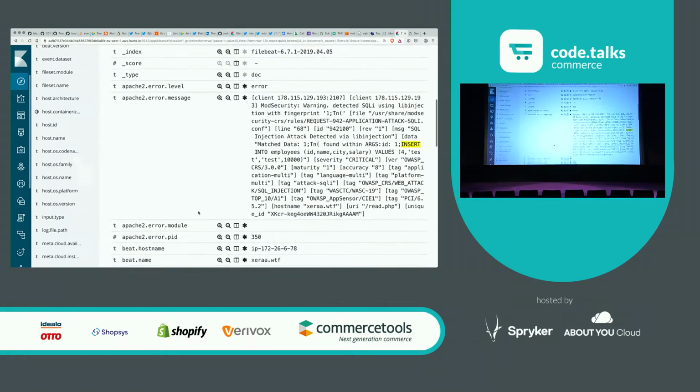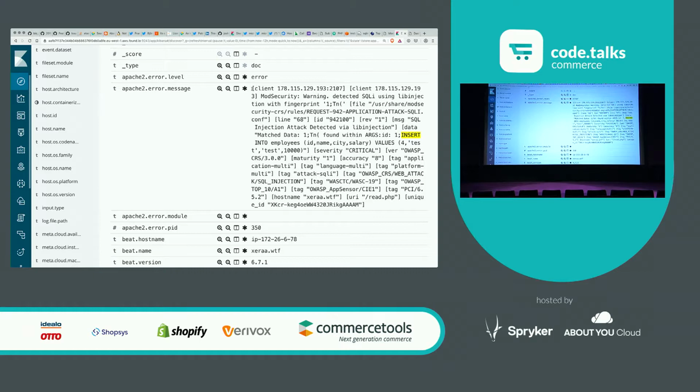This is the actual output of what ModSecurity will log for you as well. You can see these were the rules that applied. So this is insert into employee. This was the actual ID that you tried to insert. It was critical because ModSecurity figured out this is not the right thing to do. And here you can also see this is the rule that actually hit you. And you could just look that up in